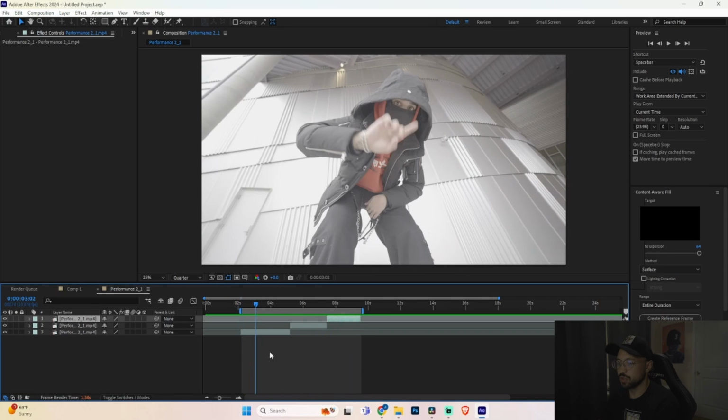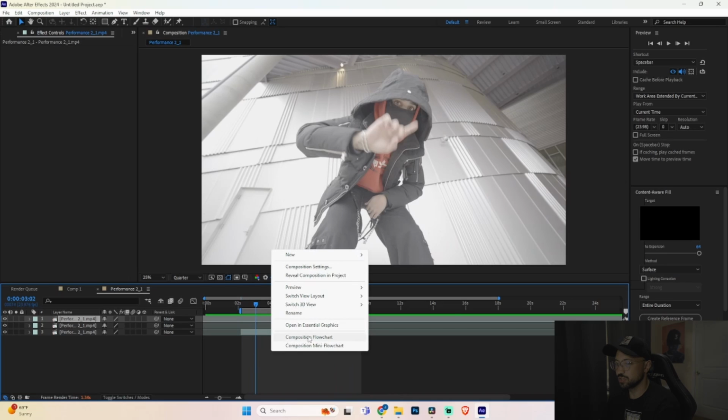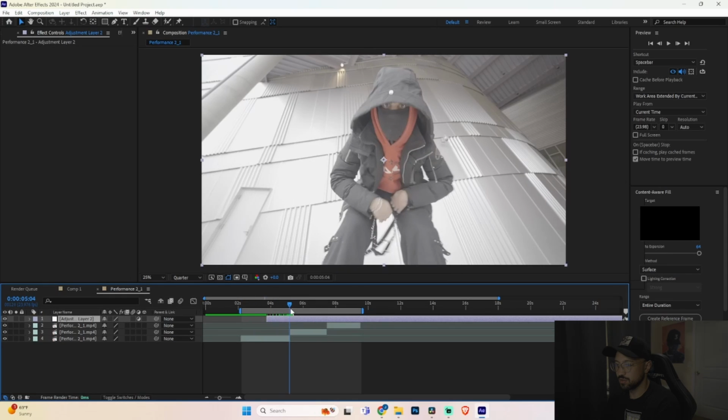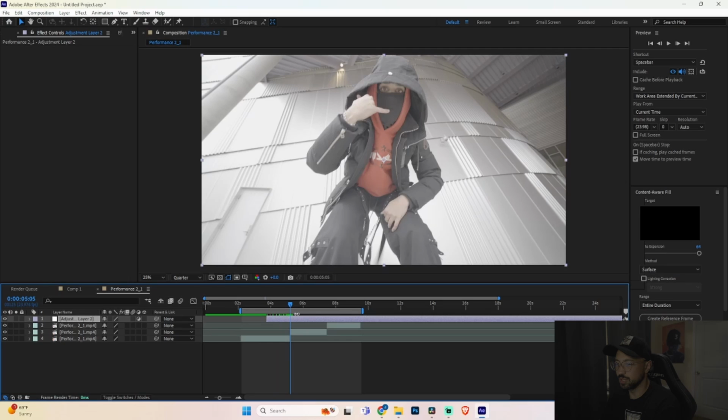First thing you guys are going to want to do is right click, head up to new, adjustment layer. Now you're going to bring the adjustment layer to the point where the transition is going to happen. So I'm going to put it in between these two clips, and I'm going to go 3 frames to the left and 3 frames to the right so we can make that adjustment layer